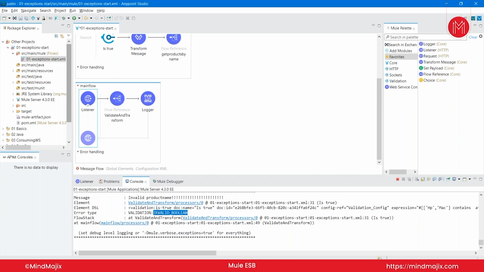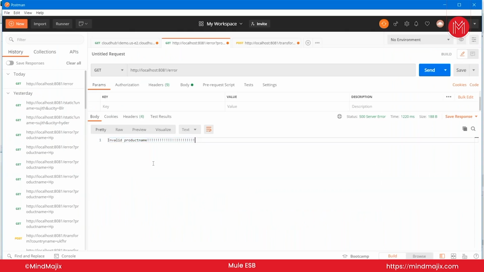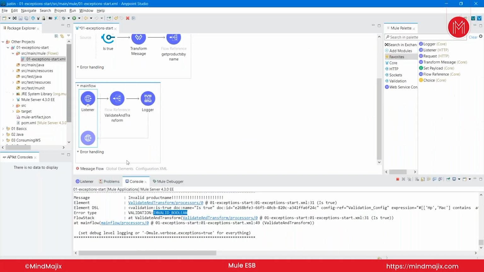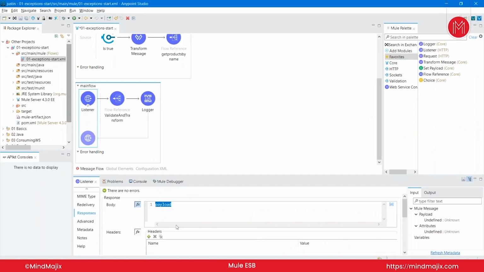So in order to read that object, how can my client read that object? If you give it in a readable format, then only you can read it. So in the listener part, I will just change the body. Right now, what is it displaying to the client? Error dot description, right? Let me change it to